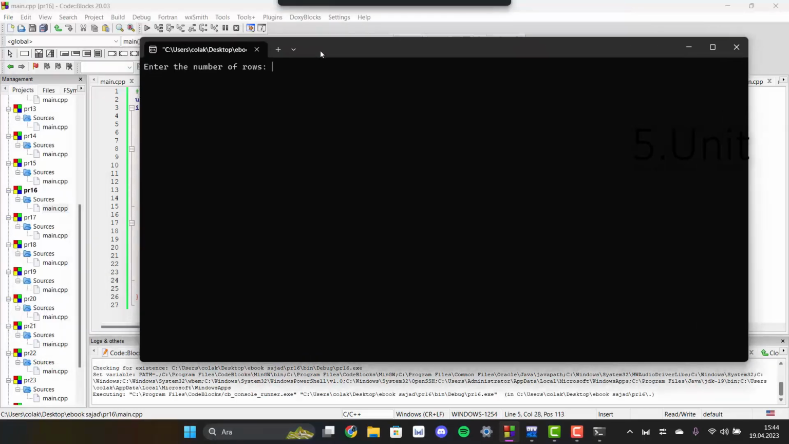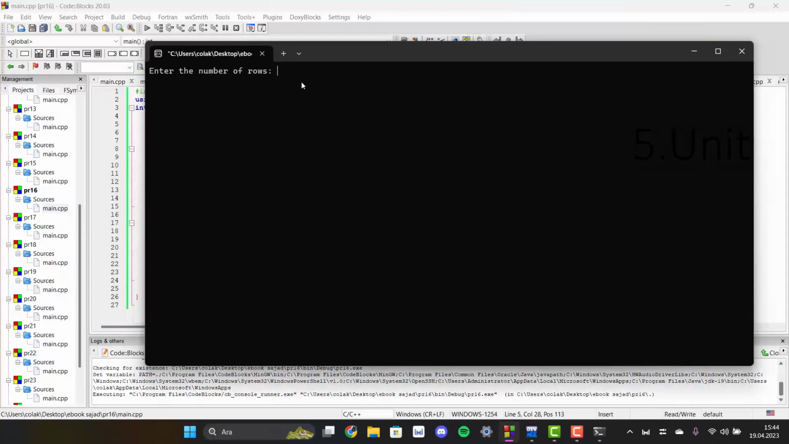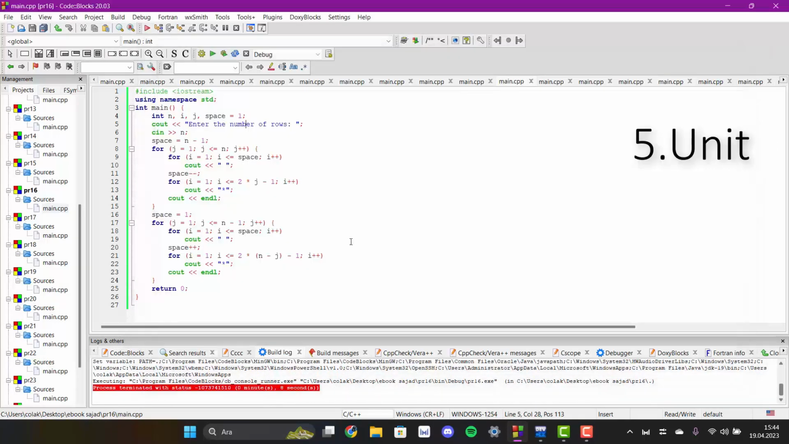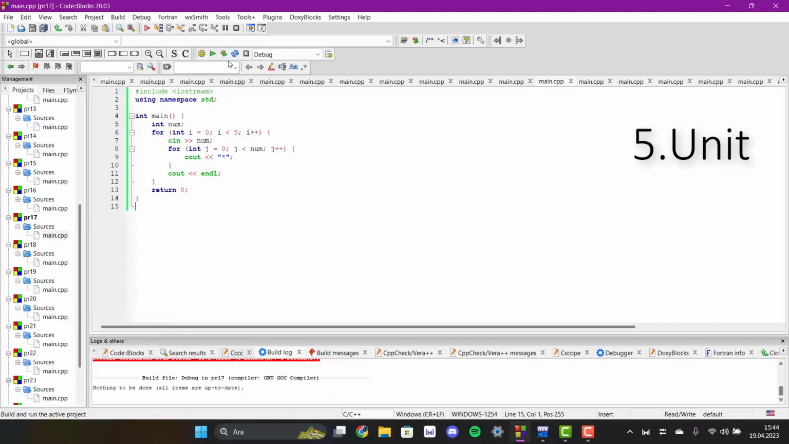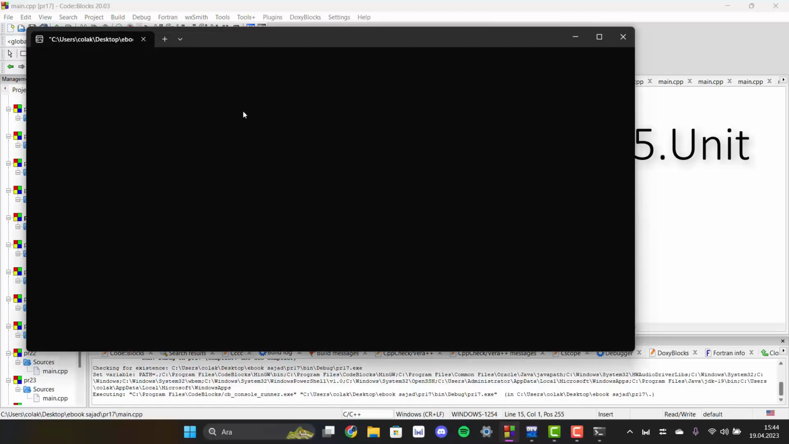Let's make a try. Enter the number of rows. I put 7. It's the diamond figure. This question means if I put 7, output is 7 star. If I put 99, number, it's star 99. I put 5, that's it. 7, it's